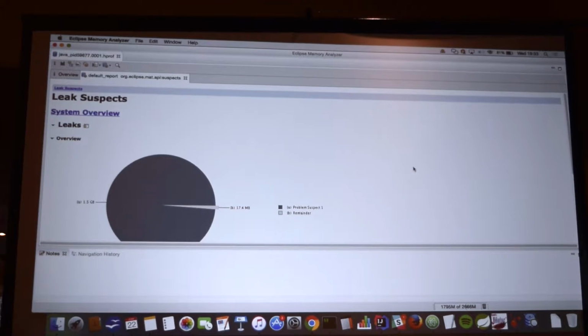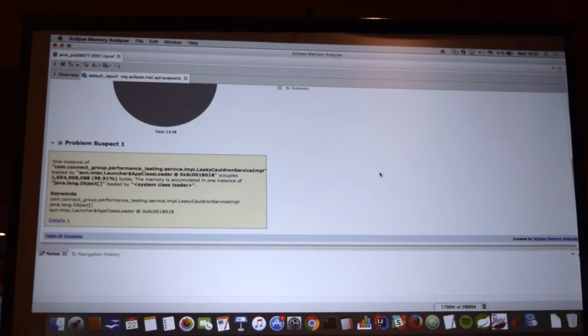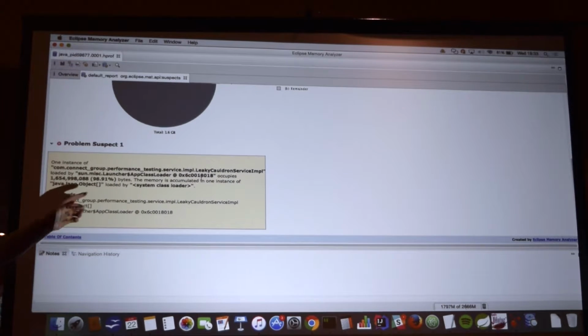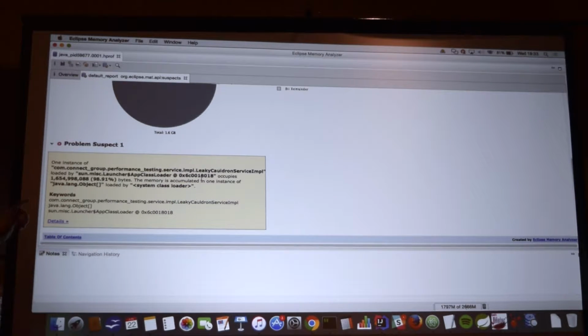Gosh, 1.6 gigs, that's big. And it's gone straight to it. So it's gone straight to LeakyCauldronServiceImpl, occupying 1.6 gigabytes. And if I bring that code up,